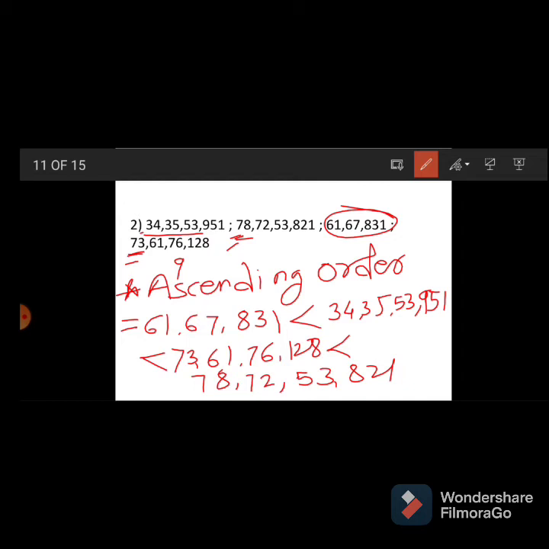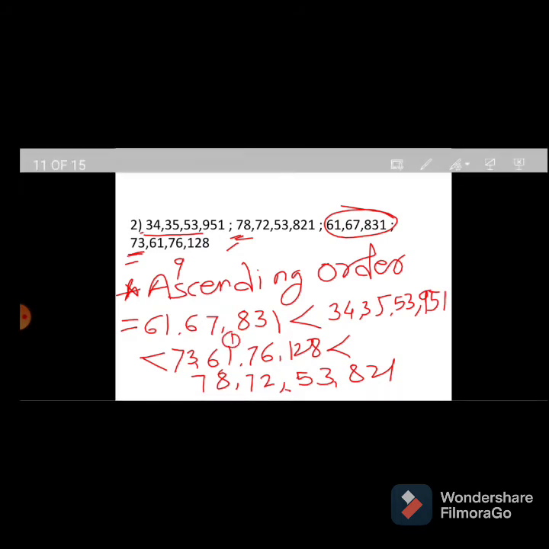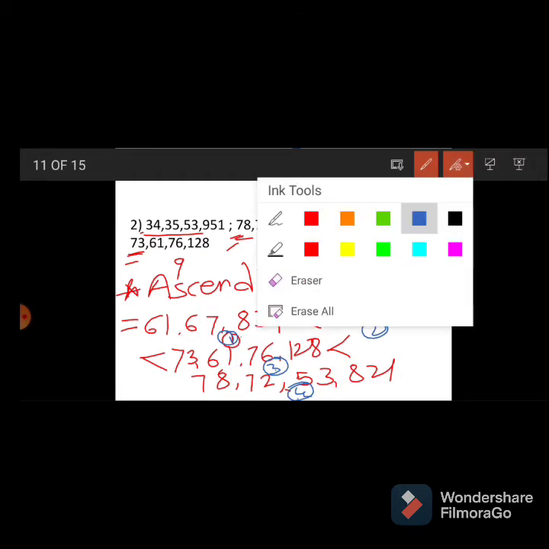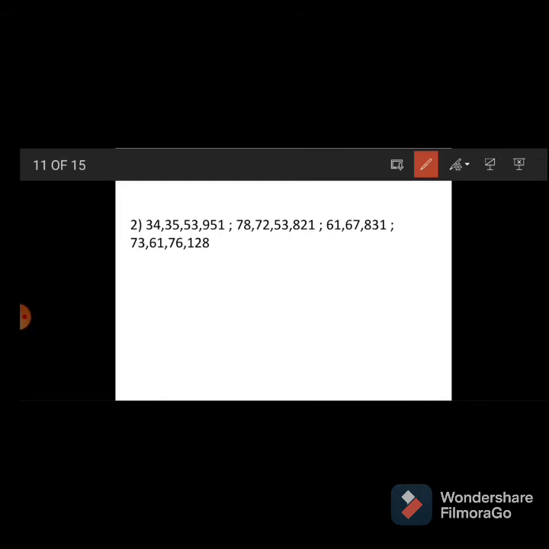Then exact opposite descending order means this number. See, suppose we numbered here 1, 1, 2, 3 and 4. Then 4 number will come first in descending order, then third, then second, and then 1, means exact opposite. Then see in descending order which number will come first? Descending order,